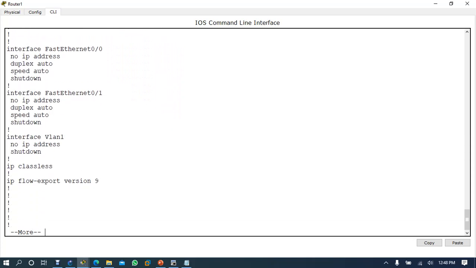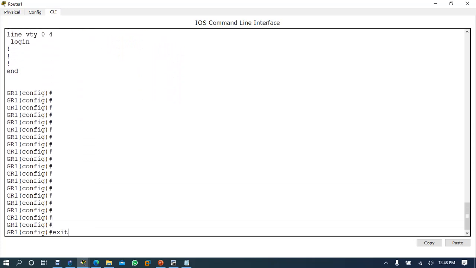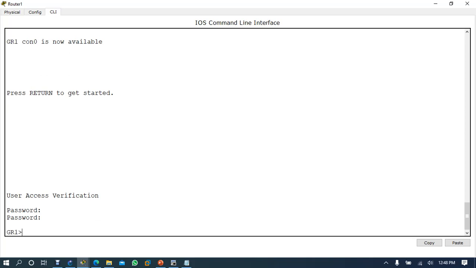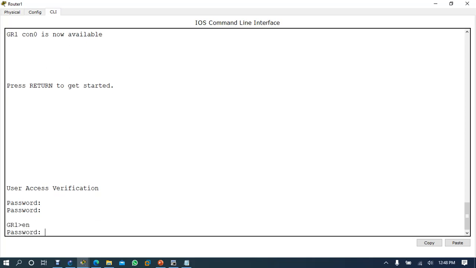So now we have 3 passwords. Okay, so exit. Now tell me the first password. CCNA, which is user mode password or console password, right? Second password CCNP. So here we have 2 passwords. One is enable password, which is non-secure, and which is secure is 123@IST, right? So enable password is CCNP, and for secret we have enable secret. One is clear text and one is secret. One is less secure and one is highly secure.